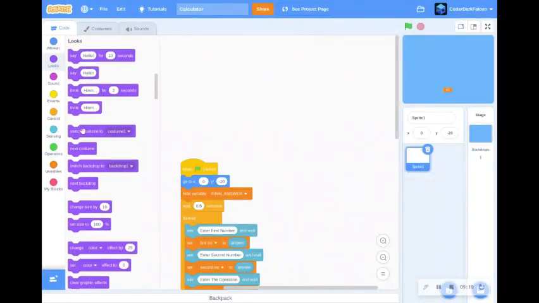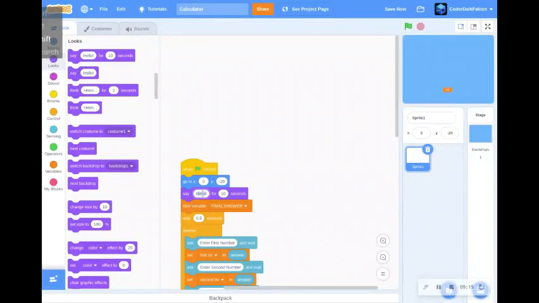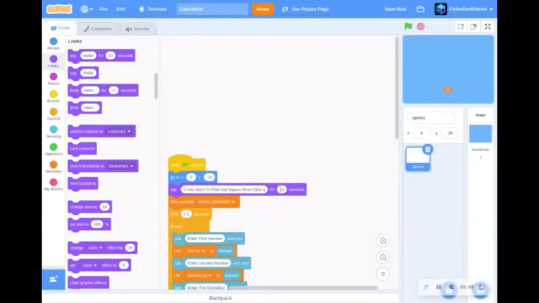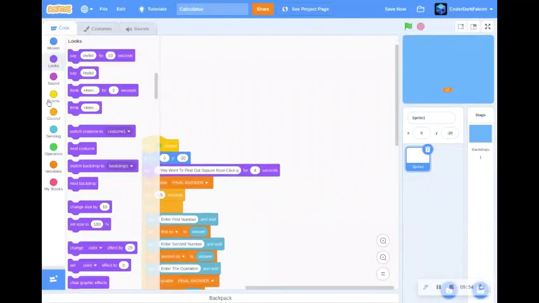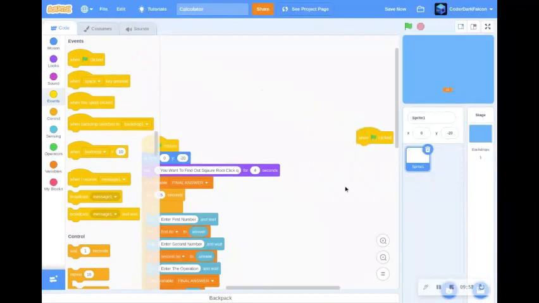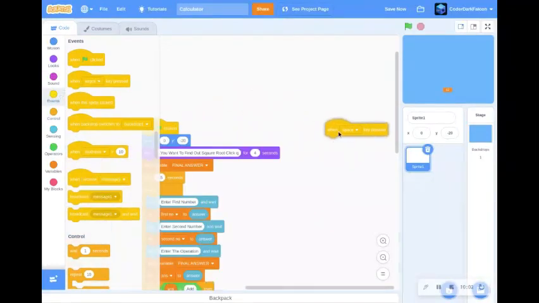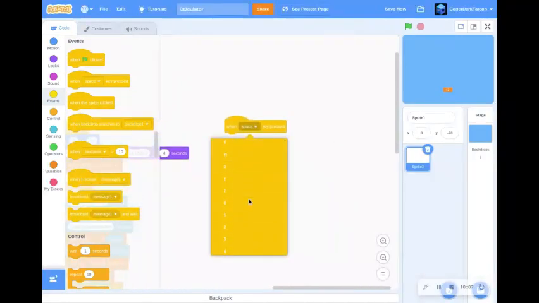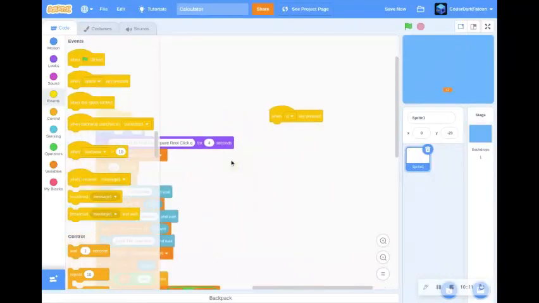If in the beginning you want to find out square root, click S, and then click Q, and we say this for 4 seconds, and when the green flag is clicked. Oh wait, no. When Q key pressed,